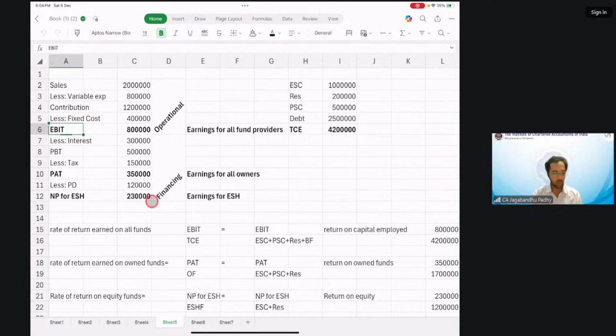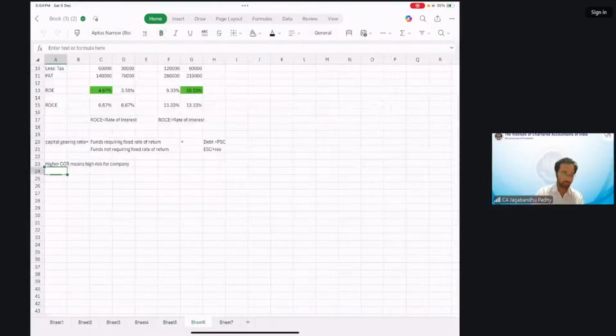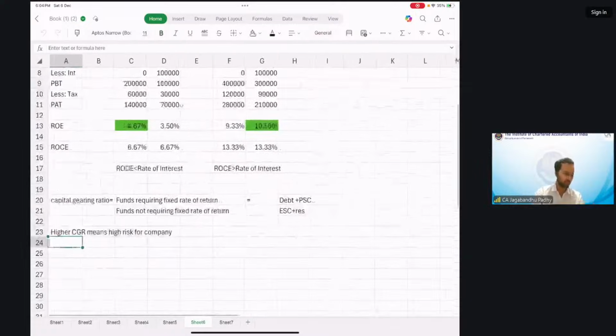Now, the rate of return earned on all funds is going to be EBIT upon total capital employed, which is also called the return on capital employed. In the same way, return on owned funds can be PAT upon owned funds. The rate of return on equity funds will be net profit for equity shareholders upon equity shareholders' funds, or equity share capital plus reserves. Okay. Now, basically, we saw that